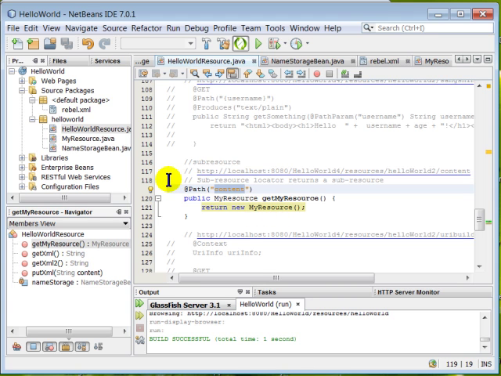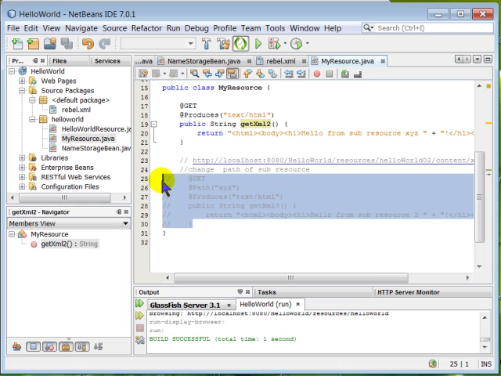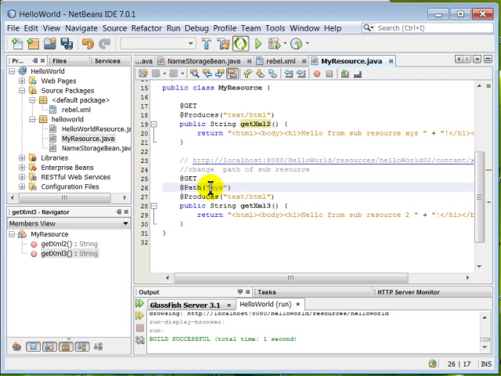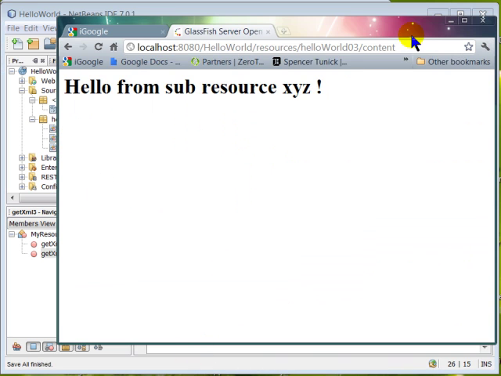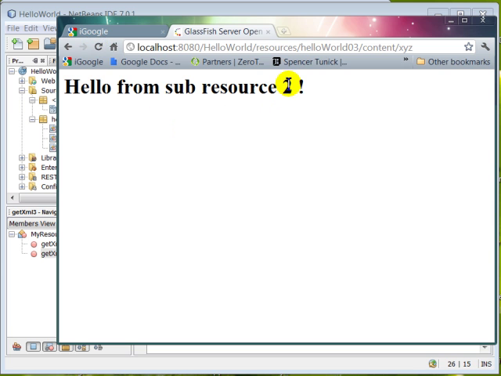Or his resource object, okay? All right. Now, here you can obviously have your own path as well. So I am going to, in this case, uncomment this one, Control 7. Now it has its own path annotation with the XYZ. So this is sub-resource 2. So save it. And now if I go to content and slash XYZ, then it should return the value of resource